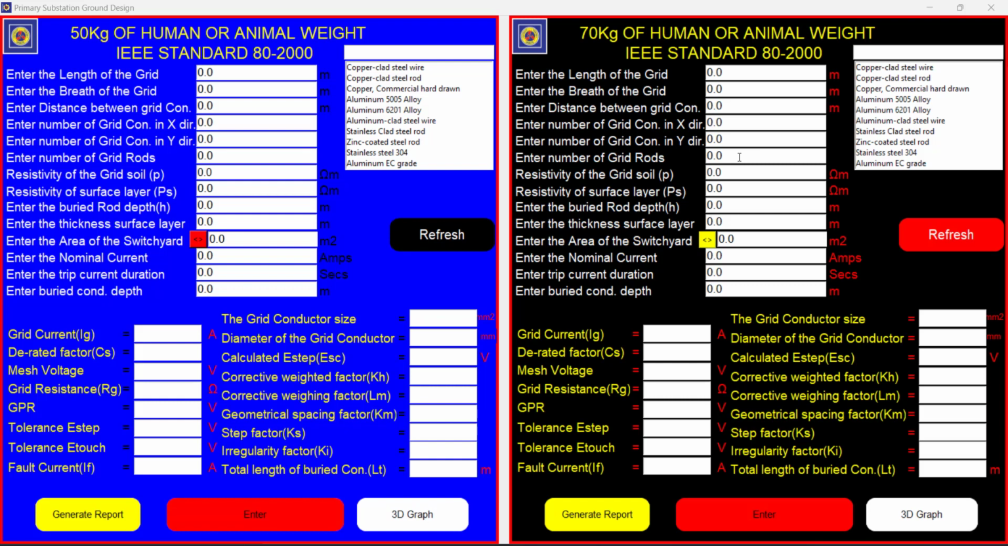Today I'll be doing a primary substation grid grounding design app with you. This GUI, graphic user interface, is designed by the engineers in ECG Training Center. On this design, you'll be able to carry out grounding grid design. So when you want to carry out your primary substation grid grounding design, you need to consult this app. This app is a very effective and efficient way of carrying out primary or secondary substation